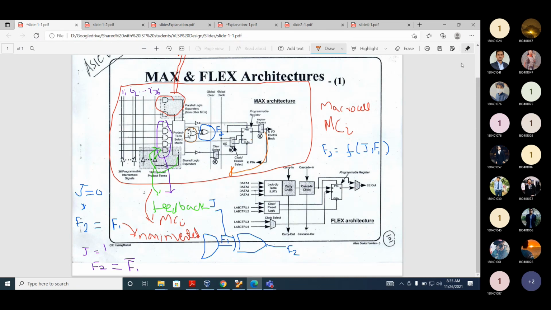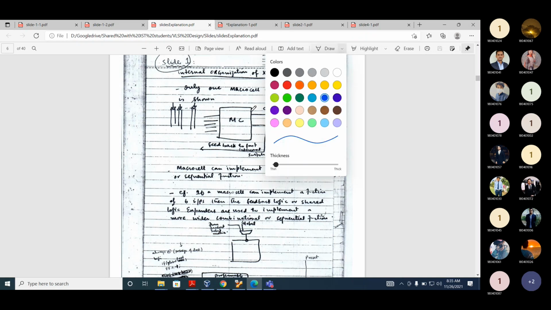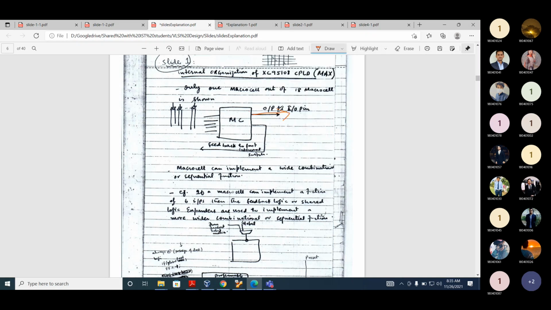These are the details that we need to consider. Everything is in the notes, you can go through them. Now let's assume this is a macro cell and this is its output. This output will be fed back through the switch matrix to the inputs, and back to the programmable AND array.